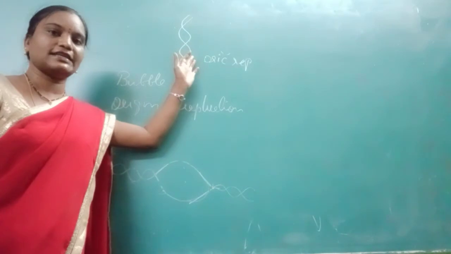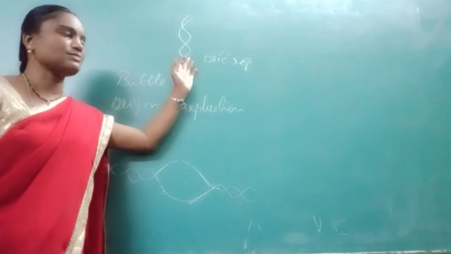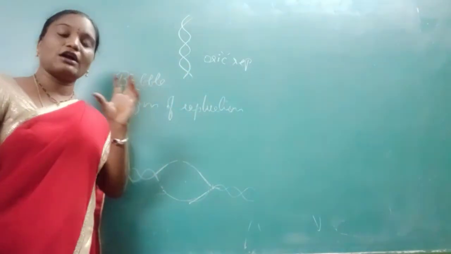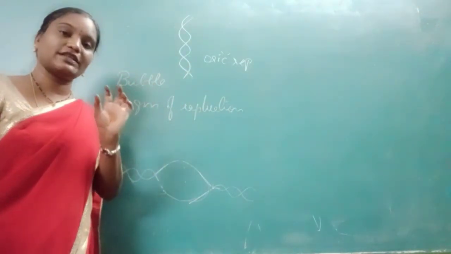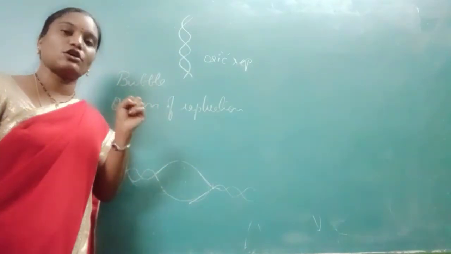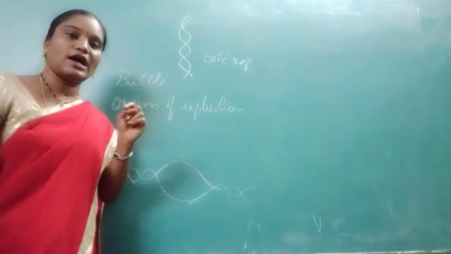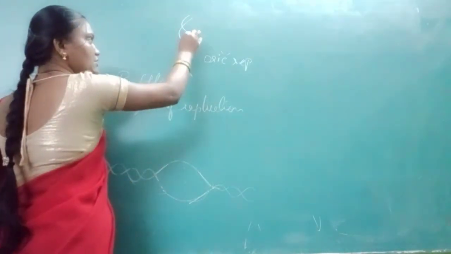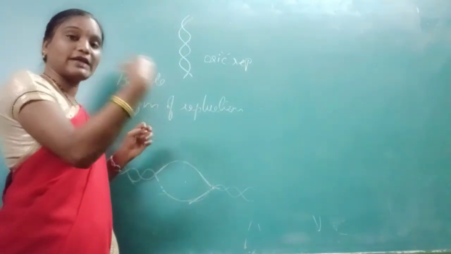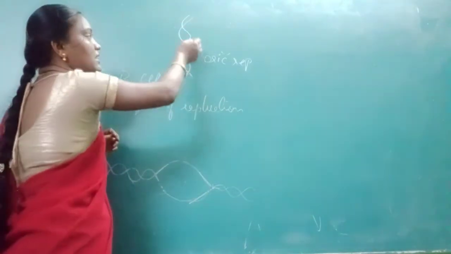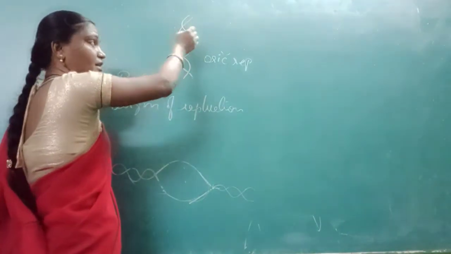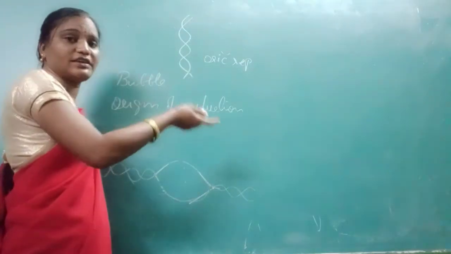In this DNA strand, this is your parental strand, and from this parental strand you are supposed to synthesize your daughter strands. So how will you recognize the particular point where DNA replication will be initiated? That point is known as the origin of replication, or ORI. Suppose this is your origin of replication. Then several enzymes, which I will explain in the coming classes, and proteins are involved here and are used for the synthesis of the DNA molecule.